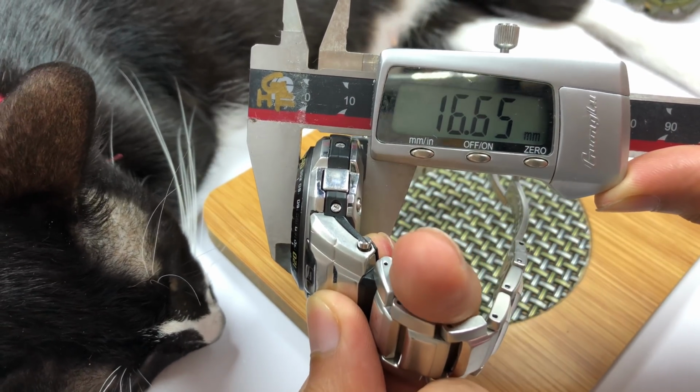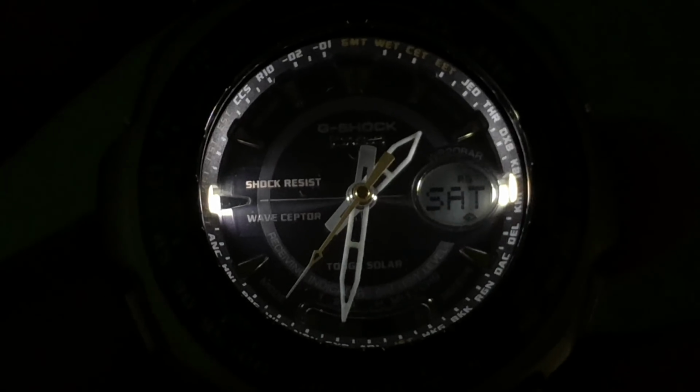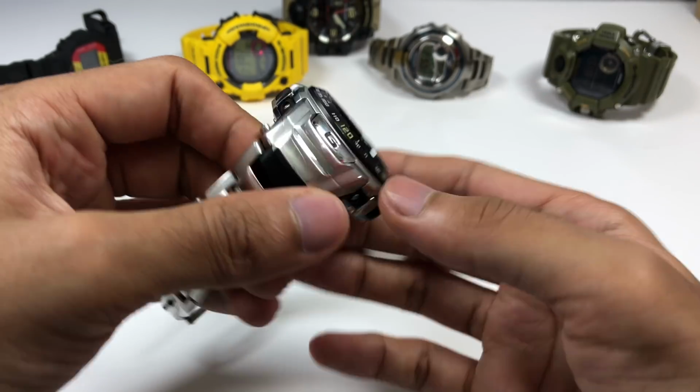If you look at the front, you'll see there's a G button, pretty wide size, gloss finish. This is to operate the dual illuminator LED light function. There you go. I did not know that there was a G-Shock before the year 2010 that has a white LED light, 2 of them, and with full auto light functions as well. So that is one of the reasons why I grabbed this watch and wanted to show this to all of